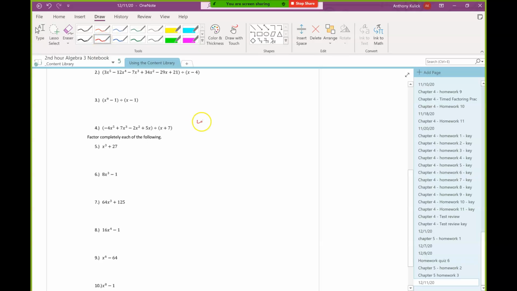All right. So this is a synthetic division problem because I see that the divisor has a leading coefficient of 1 and a degree of 1. So I'll start by setting that divisor equal to 0 and solving. So that -7 is going to be the number that goes on the outside of my synthetic substitution setup here. And then I'll take my coefficients from the dividend, and those will be the numbers that go in the synthetic